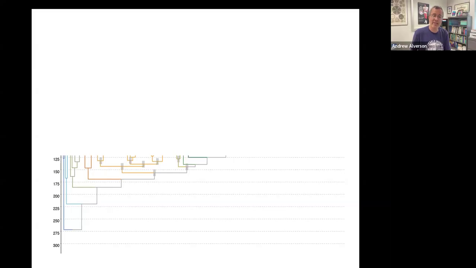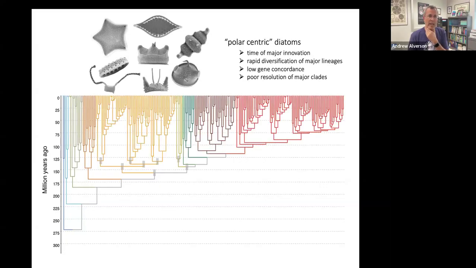So what this means, in evolutionary phylogenetic terms, is that this was probably a very rapid radiation that was taking place at this time. And if we fast forward one more, we see that what came out of this rapid diversification down here, where there are these gray bars, what emerged from this in this orange and green area of the tree were the polar centric diatoms. And so early on in the evolution of polar centric diatoms, this was a time of major innovation,